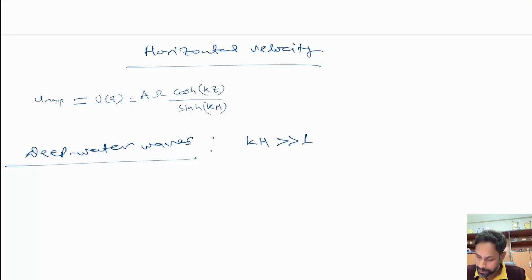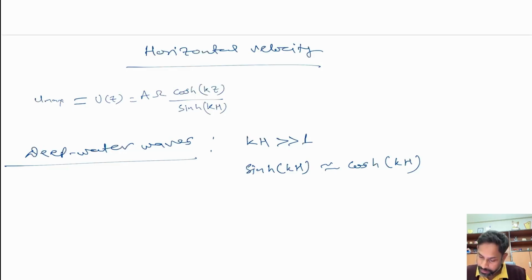Right, if KH is much greater than 1, we know that sine hyperbolic of KH is almost equal to cos hyperbolic of KH. Okay,